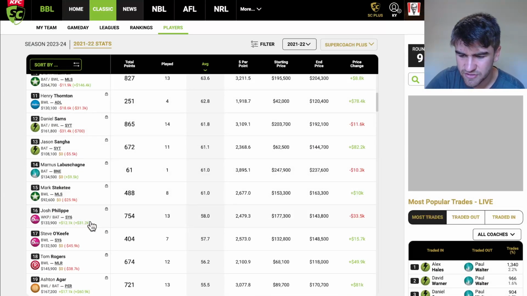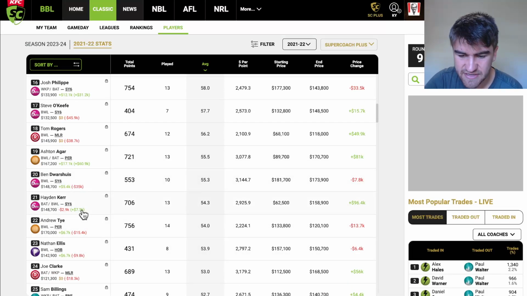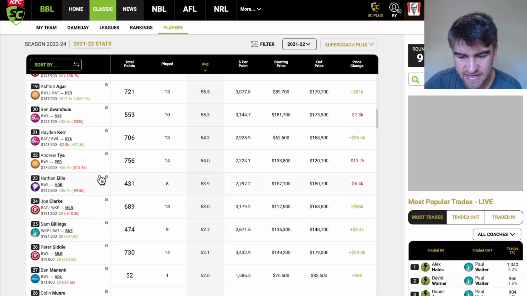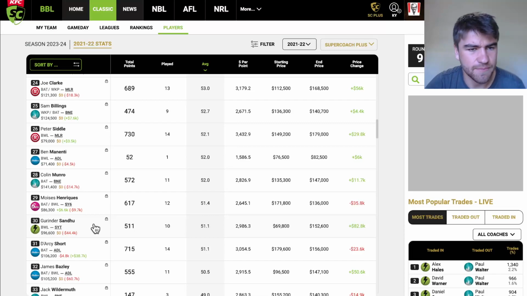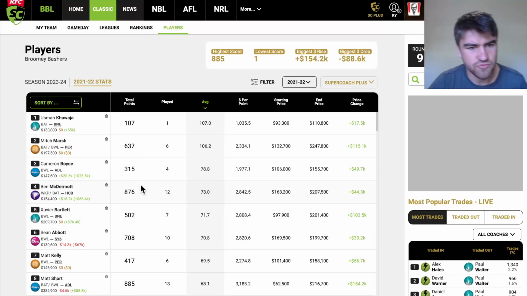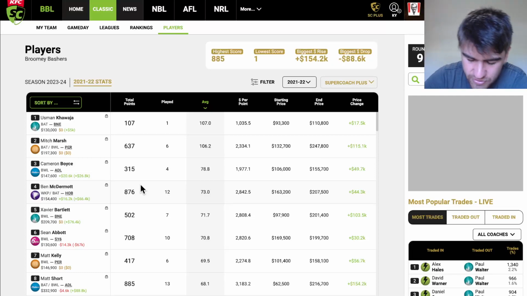Steckity. Philippi had one of those crazy years, but he was also keeping as well, which helped a lot. O'Keefe, Rogers, Agar was bowling. Dwarshis, Hayden Kerr was bowling. Ty Ellis, Clark as well down here as a keeper. So you see basically no batters only until 28, which is crazy. In Munro again. So Munro, Hales, and Lynn are sort of the outliers to that point of batters